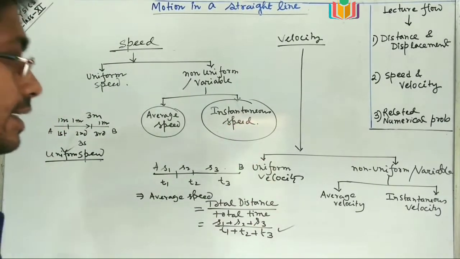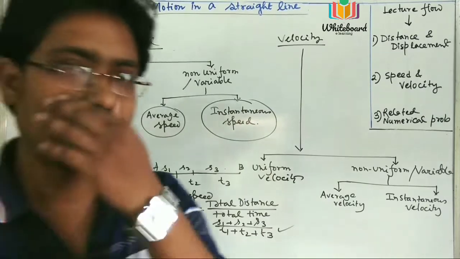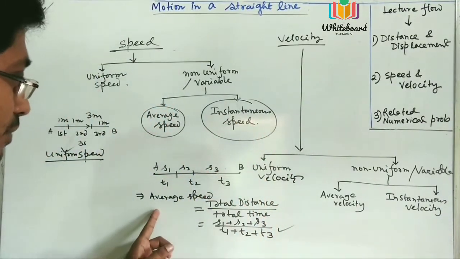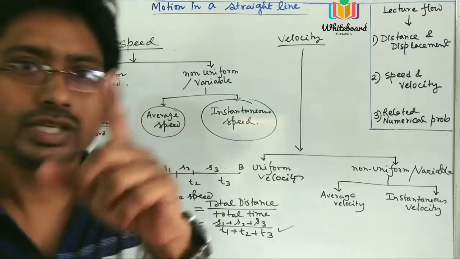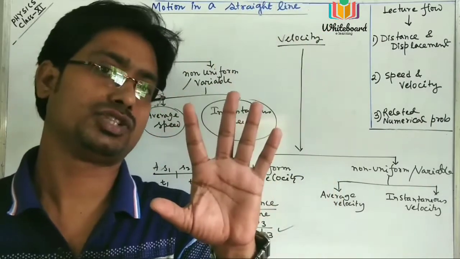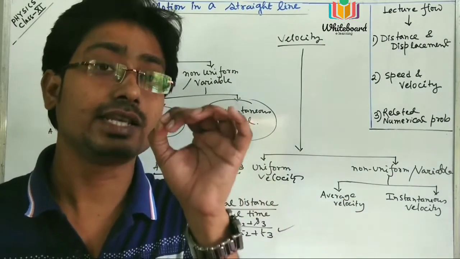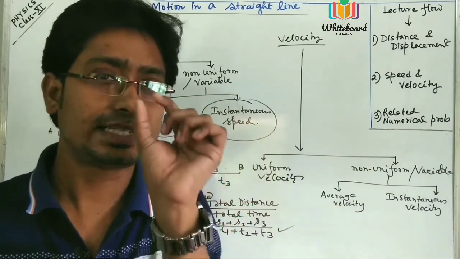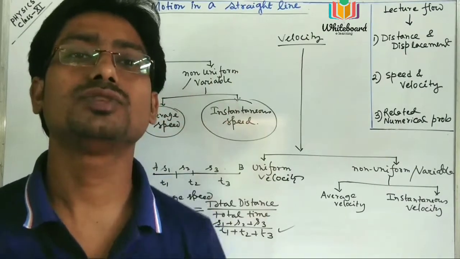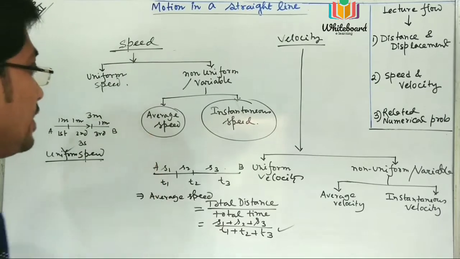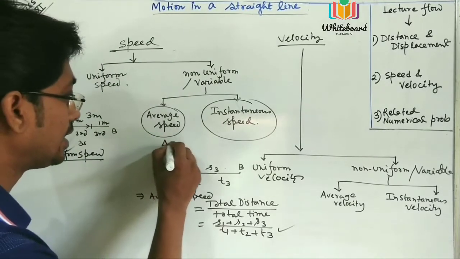What is instantaneous speed? Suppose we have taken a longer interval, but now we take a shorter interval of time. In 2 hours we have crossed 100 kilometers. So 2 hours means so many seconds. In each and every instant, what was the speed? Can you calculate that speed? It is not that. We have taken the average speed over the longer time interval, that is delta t.